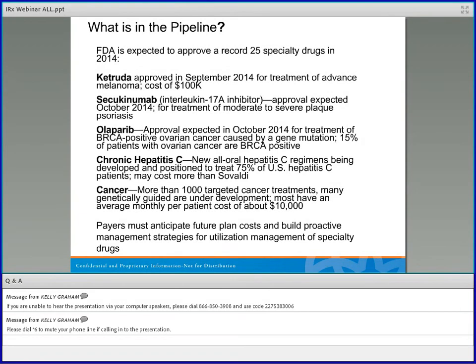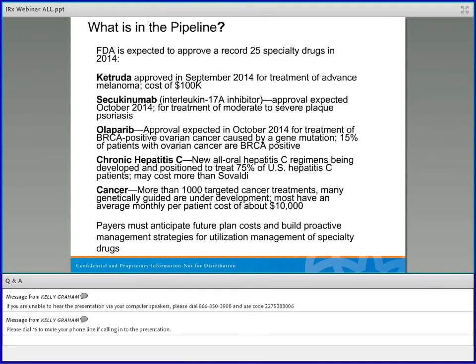When you think about the first one on the list, right, it's $100,000 to treat melanoma, so skin cancer kind of thing. And as that expands and the value of that, right, you start putting people on maintenance for this, it becomes pretty expensive. And you think about the other drugs that are here, there's a lot of things, chronic hepatitis or cancer, the oncology aspect is really booming. There's all kinds of new drugs coming to market to treat cancer, whether it's skin cancer or breast cancer, a lot of different types of cancer, ovarian cancer. That can be $110,000 a month, $120,000 a year.